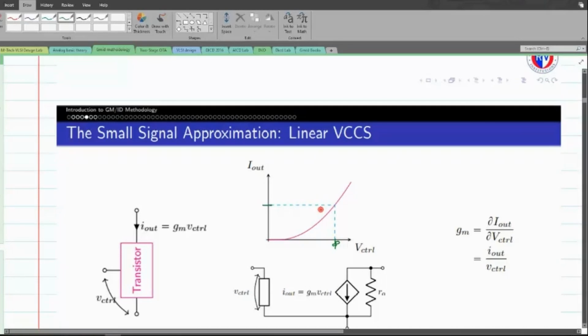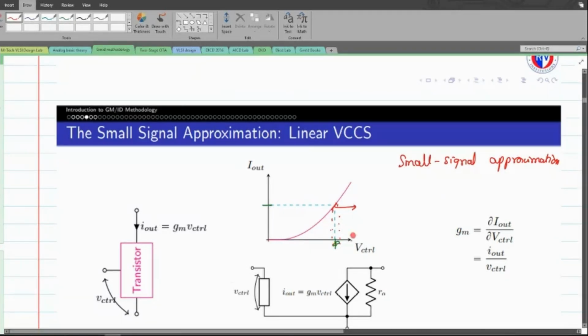Now we are going to apply an important concept over here, which is called the small signal approximation. This small signal approximation takes a small part of our characteristic graph and tries to approximate the small wiggle. Okay, so I'm just going to have a small wiggle around this particular part of our characteristic graph, and this part that I have marked here is generally considered as a straight line. Okay, so we approximate this entire nonlinear graph as a straight line only for the small perturbation of signal that I apply across the input.